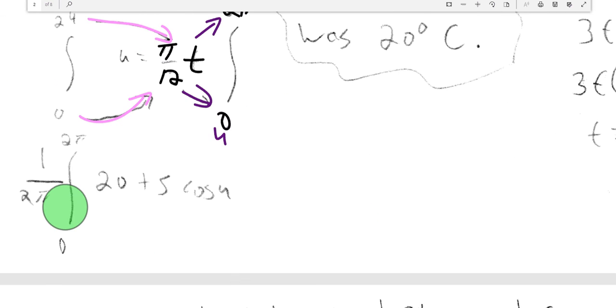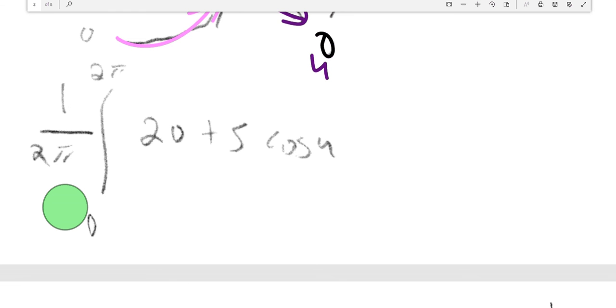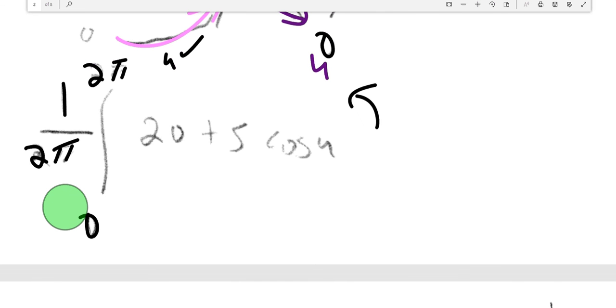Okay, so now we have the proper integral from 0 to 2 pi. And those are in terms of u now, so we can check that off. And don't forget the 1 over 2 pi that we originally simplified after we pulled the dt substitution out. So we have 1 over 2 pi times the integral from 0 to 2 pi of 20 plus 5 cosine